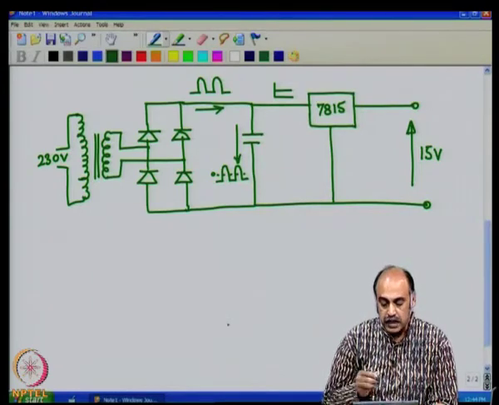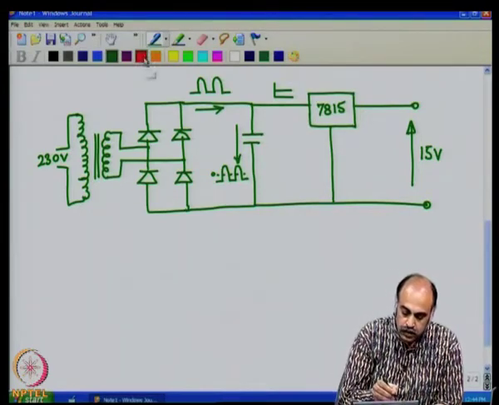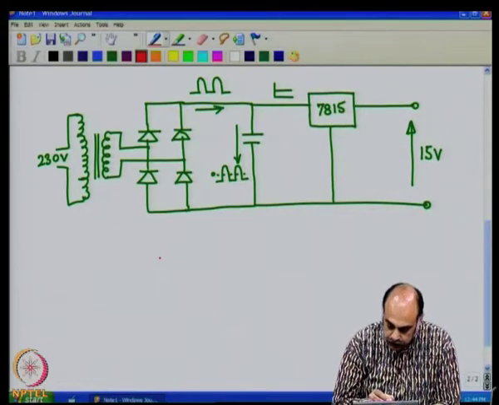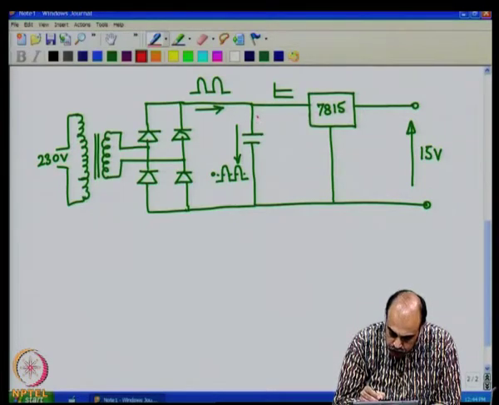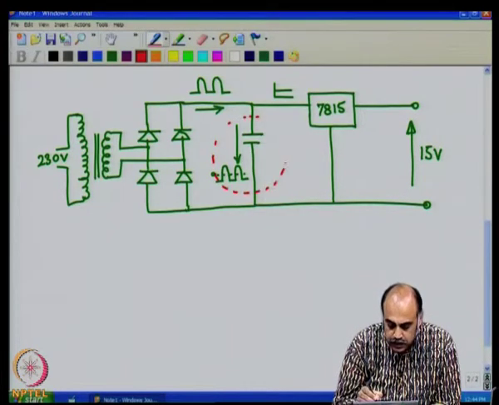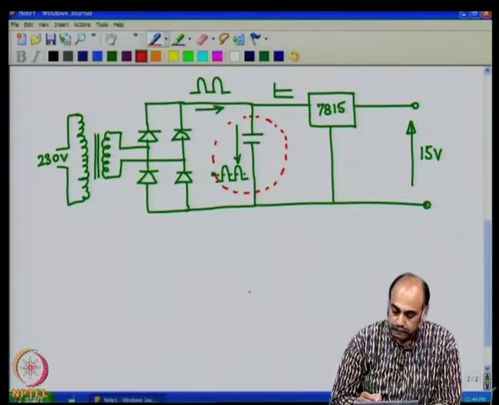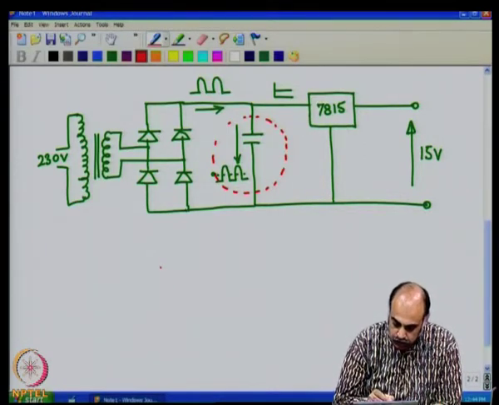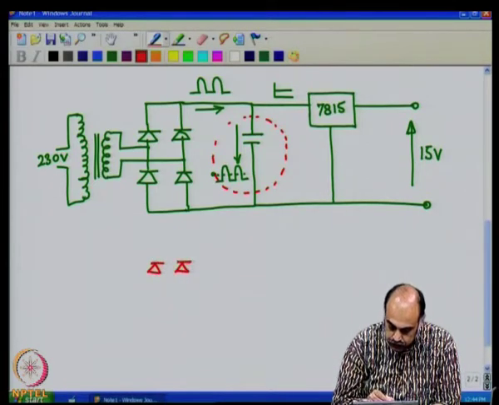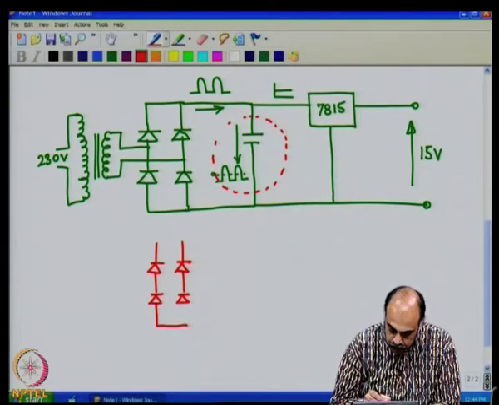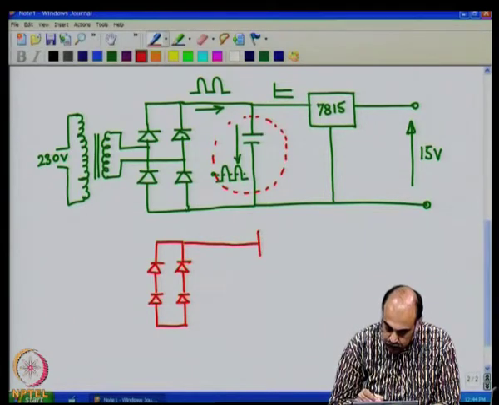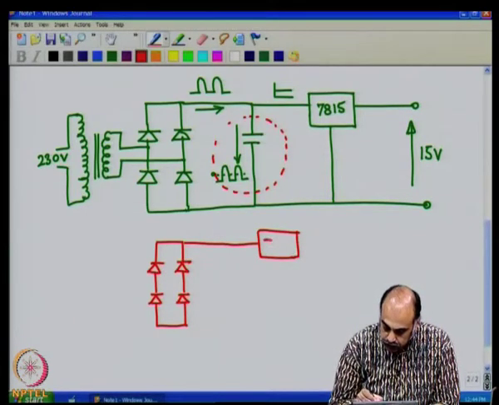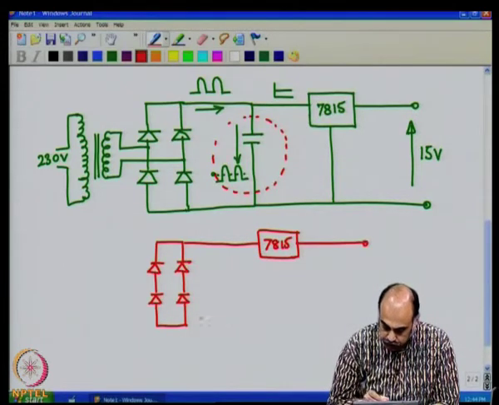Now, let us say that within the PCB, the circuit is something like this. Let us focus only on the positioning of this. One possible positioning is like this, where you have the rectifier portion as such. There can be many possibilities. Let us say that we have the regulator connected in this fashion,